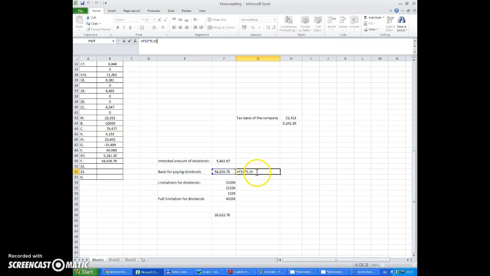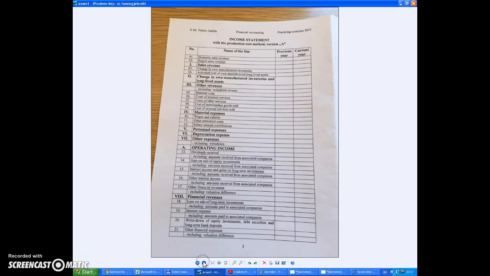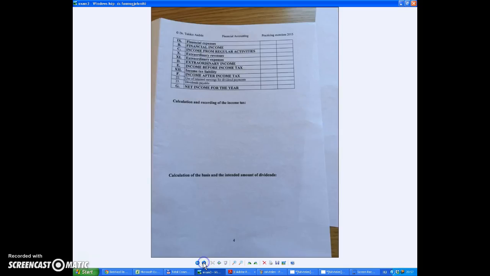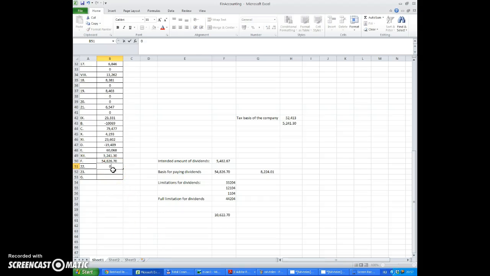It was 15% of the profit after tax. So I just write it here. The company didn't use any of the retained earnings for dividend payments. The question didn't ask us to use any of the retained earnings. It can't even use it because it's negative. So if it's negative, then we use a zero amount from it to pay